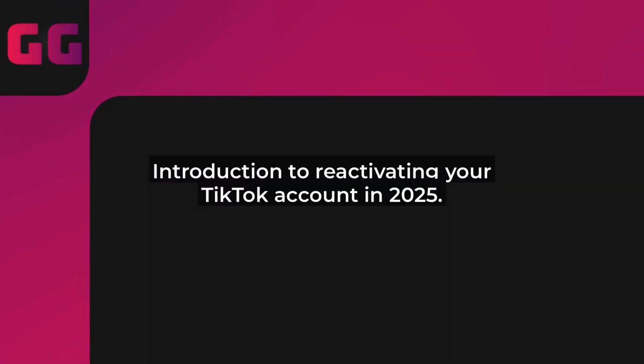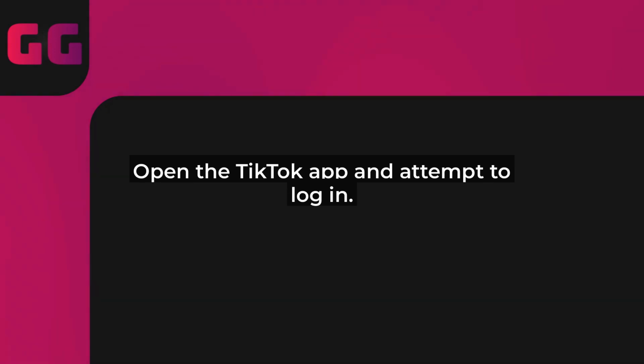If you've found yourself locked out of your TikTok account and are wondering how to get back in, especially with the latest updates for 2025, you're in the right place. TikTok has made some changes to account security, but don't worry, I'll walk you through the process step by step. This guide is perfect if your account was deactivated due to inactivity, a policy violation, or even a temporary